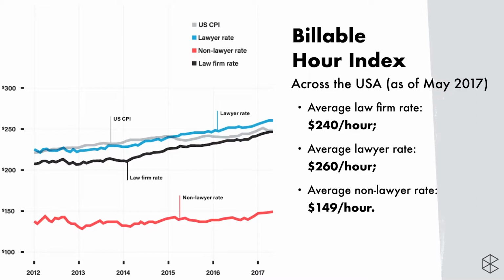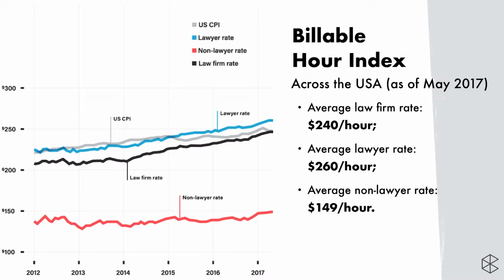You can see the lawyer rates have mirrored the consumer price index, but of late, maybe even outpaced CPI. The blended law firm rate is a bit lower because it works in the overall rates that law firms charge. And interestingly, at the bottom, we have non-lawyer rates, which have stayed remarkably flat for a very long period of time. We're talking about the better part of 5 years of billing data. They've been hovering below or coming up on $150 an hour across the state.